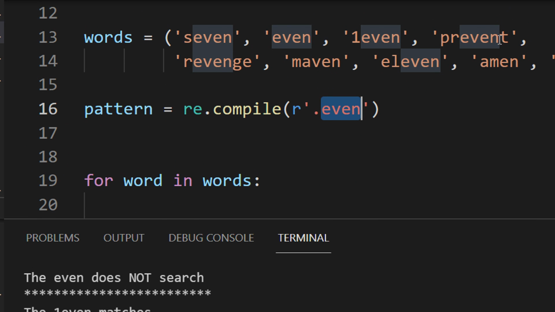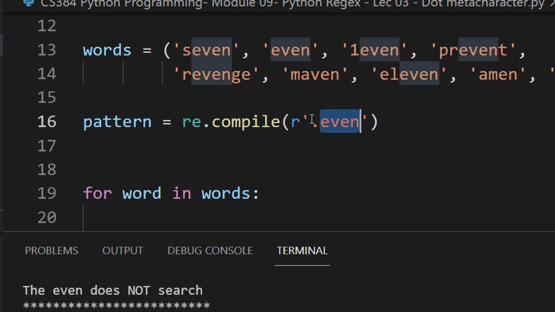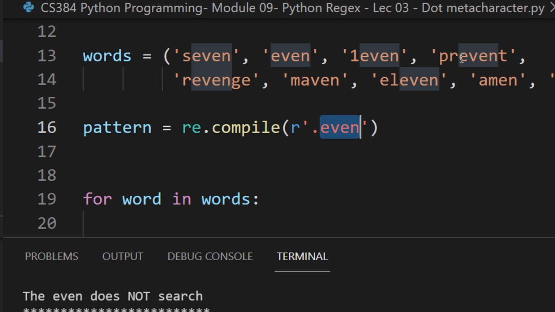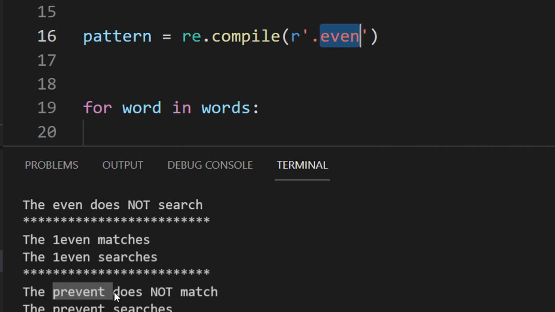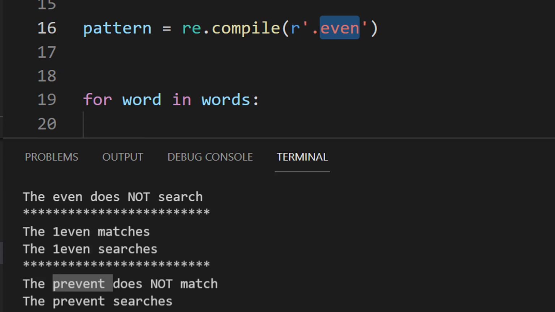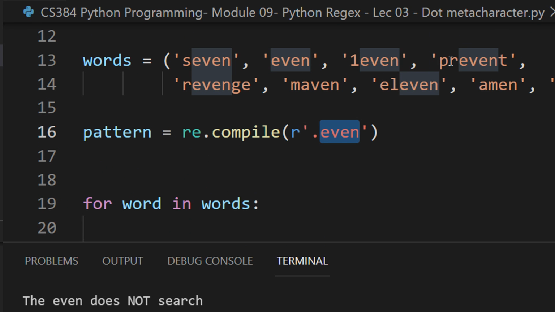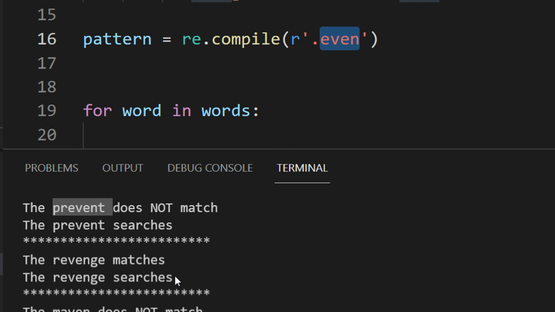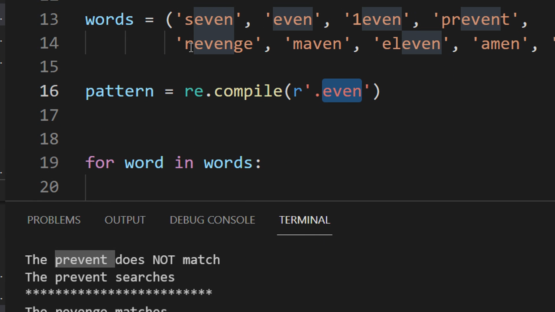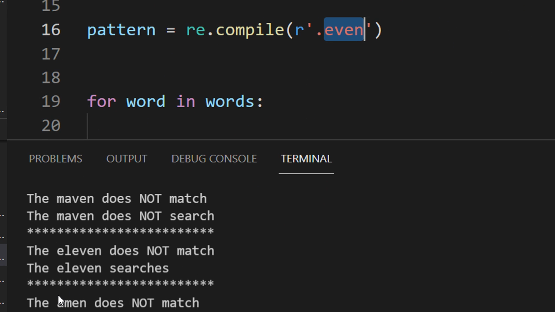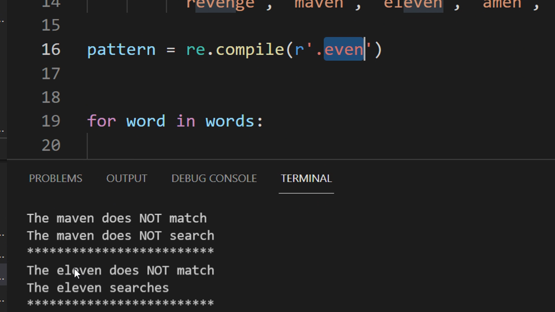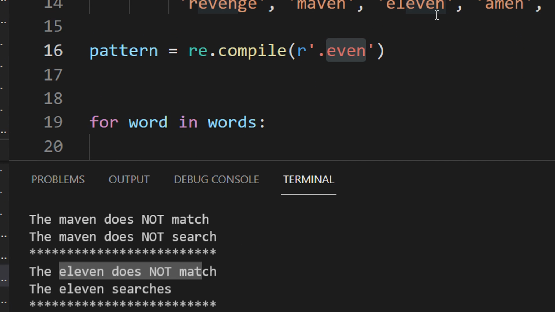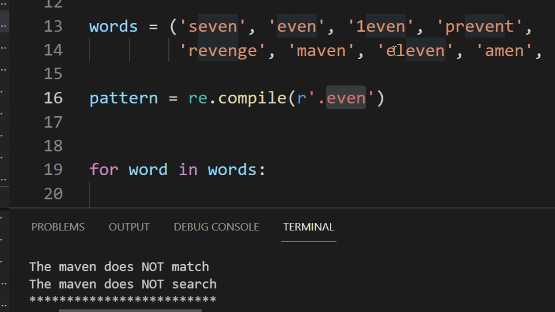Because even comes here, but I am giving only one character freedom, and prevent has two characters before even. Similarly, revenge will match, because revenge has only one character. Maven, anyways, does not have any even substring. Leven also will not match. Why? Because it has two characters here.